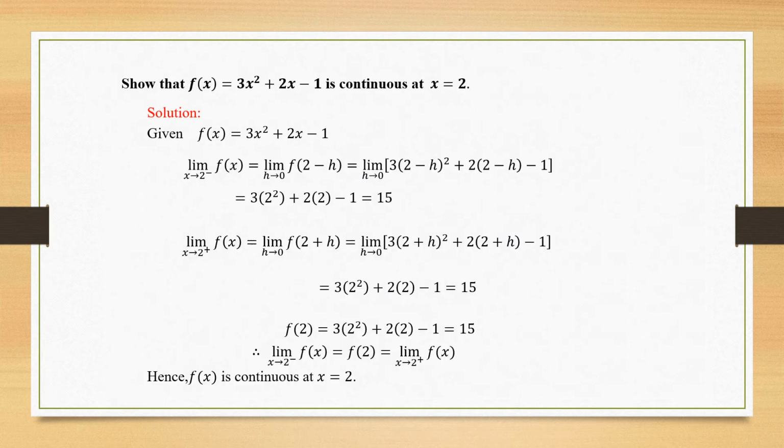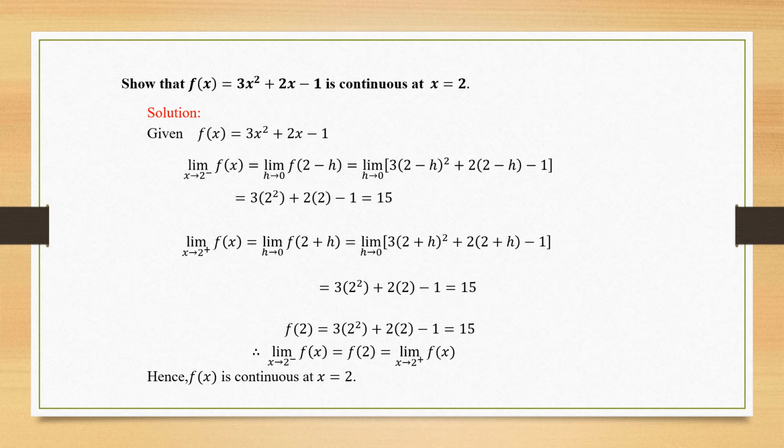Next, show that f of x is equal to 3x square plus 2x minus 1 is continuous at x is equal to 0. So now we have a function f of x is equal to 3x square plus 2x minus 1. How do I check whether a function is continuous at a particular point? What should I do? The left hand limit and the right hand limit should coincide, right? Now what happens here? When I say from left limit, what is the function defined? From right limit, what is the function defined? We don't know because there is only one function. There is no breakup functions given in this particular problem.